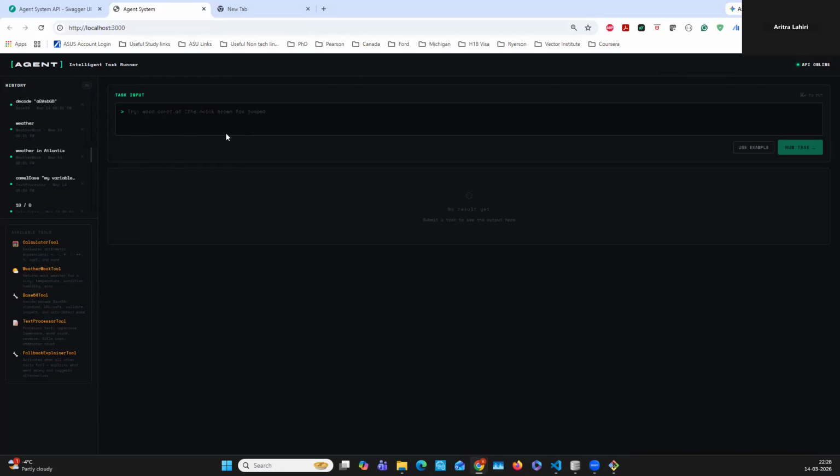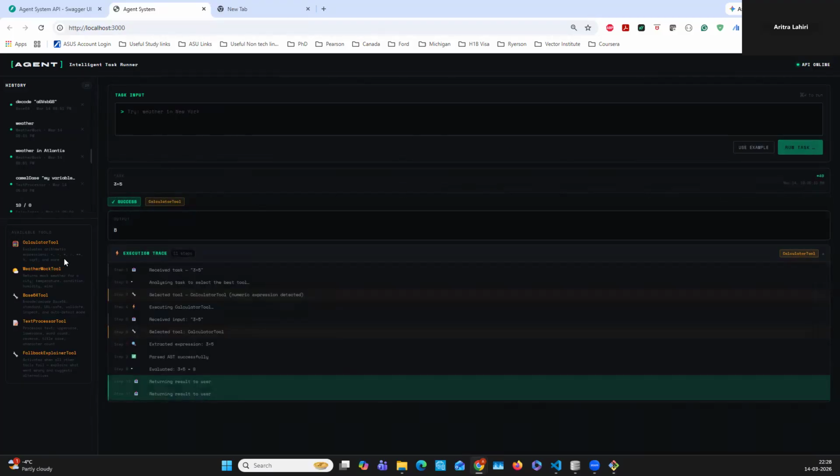simple tasks work. First of all, let's try a simple mathematical operation, 3 plus 5, and see what it does. As you see, it's using the calculator tool, it outputs 8, and you can see the execution trace of the task. It first receives the task, analyzes the task to select the best tool. It found that the numerical expression can best be done by the calculator tool,